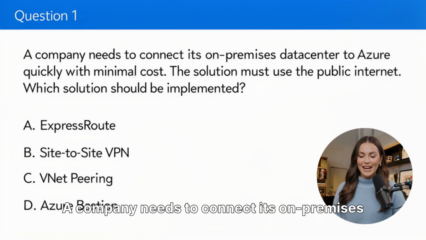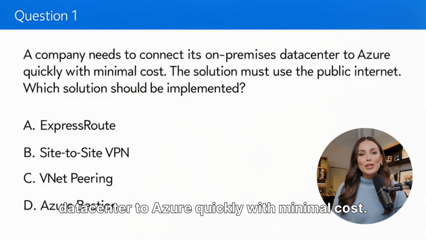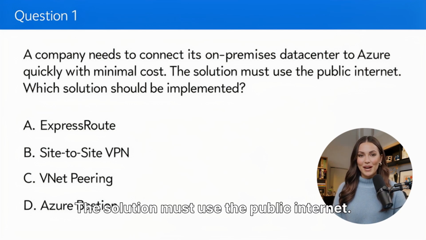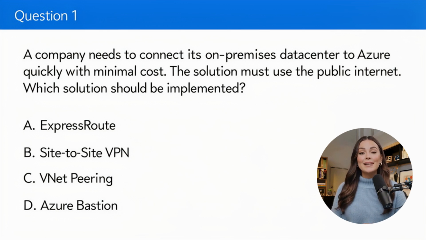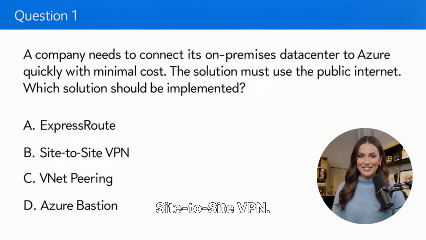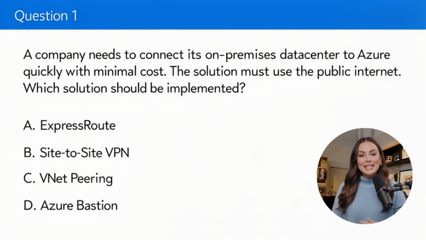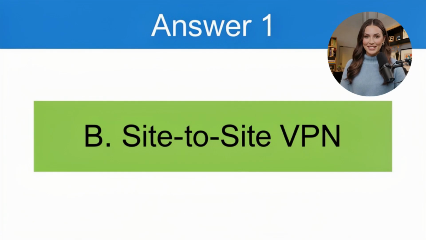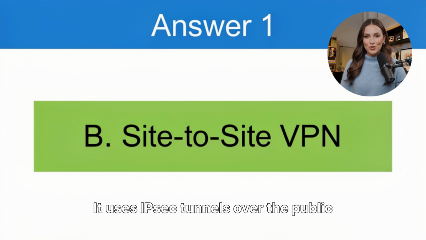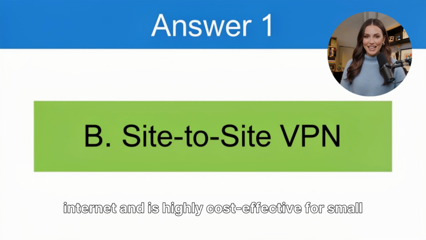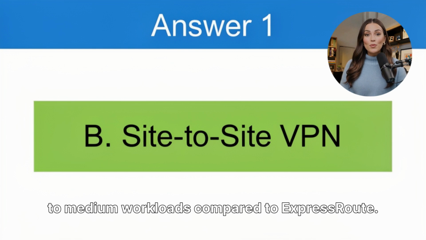Question 1. A company needs to connect its on-premises data center to Azure quickly with minimal cost. The solution must use the public internet. Which solution should be implemented? A. ExpressRoute. B. Site-to-Site VPN. C. VNet peering. D. Azure Bastion. Pause and think. The correct answer is B. Site-to-Site VPN. It uses IPsec tunnels over the public internet and is highly cost-effective for small to medium workloads compared